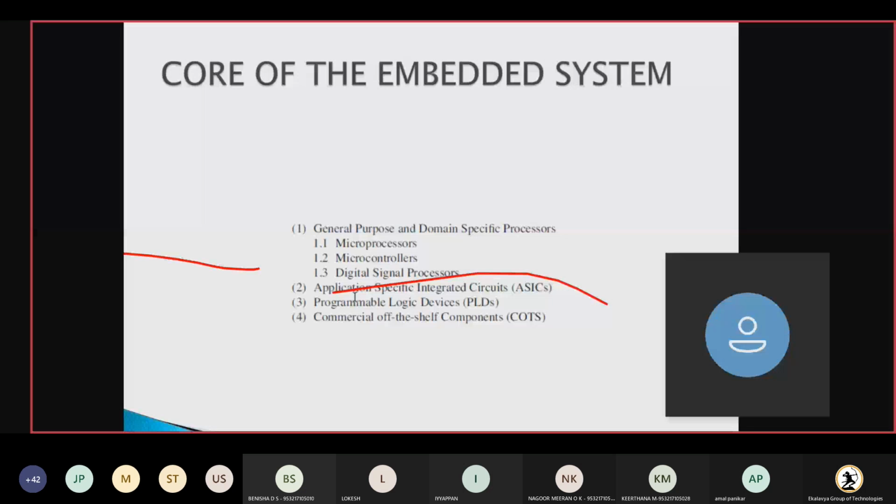Intel also has one more microcontroller, called the 8051 microcontroller. This 8051 is a very basic and very famous microcontroller. Depending upon this microcontroller, they have generated different microcontrollers. Next, we have one more thing, which is called a SoC. We can call it a system on chip.